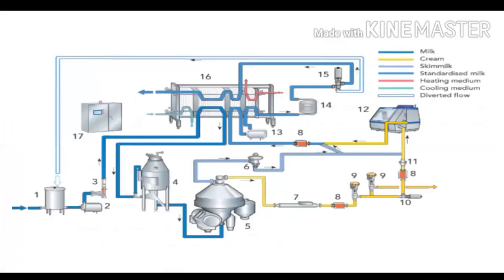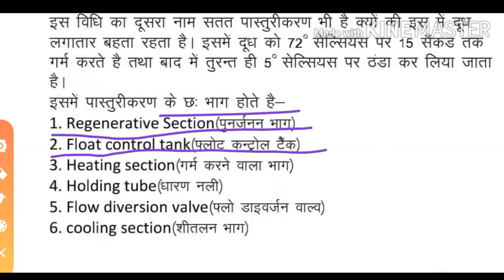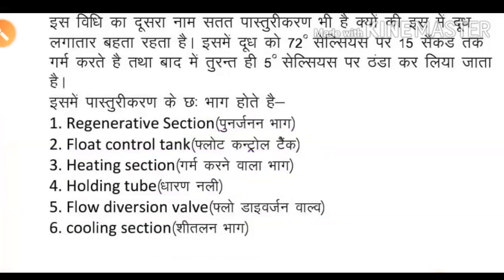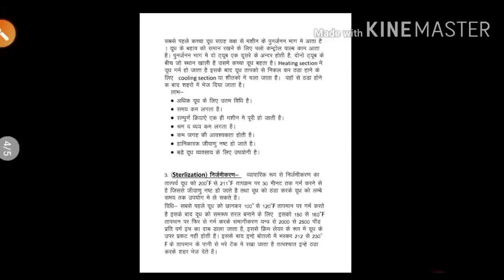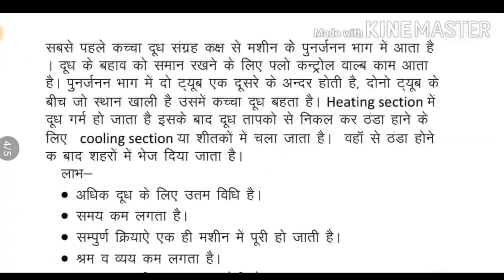HTST के अंदर, इसके अंदर टोटल 6 भाग होते हैं। पहला तो है रीजनरेटिव सेक्शन, या इसको पुनर्जनन विभाग भी कहते हैं, फ्लो कंट्रोल टैंक। अगला है हीटिंग सेक्शन यानी गर्म करने वाला भाग, होल्डिंग ट्यूब यानी धारण नली, फ्लो डायवर्सन वाल्व, और अगला है कूलिंग सेक्शन। ये 6 भाग पाश्चुरीकरण के अंदर होते हैं और अब पढ़ते हैं कि किस प्रकार से HTST के अंदर दूध का पाश्चुराइजेशन किया जाता है।